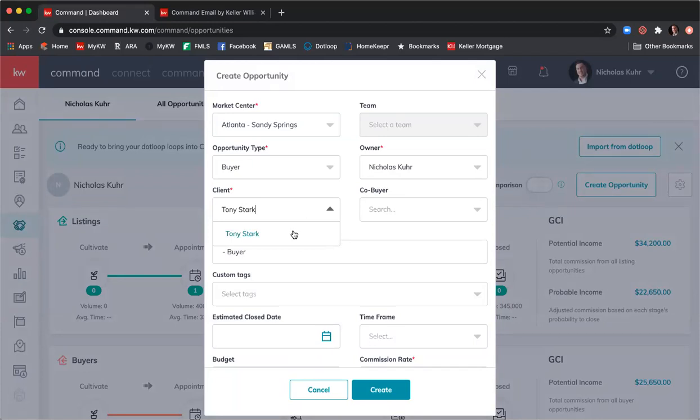Now you have to have already added this client as a contact before you got into the opportunity. You cannot add them at this point of the stage, or this stage of Command. And if they have a co-buyer, you can add them here. And then opportunity name. I'm going to name this last names, buyer. And I'll go through, once I have an address, I can add the address to the opportunity